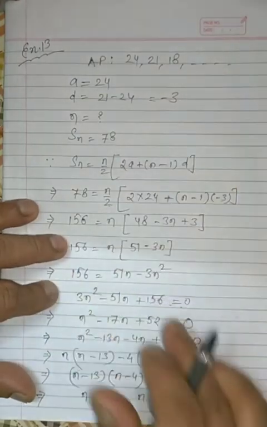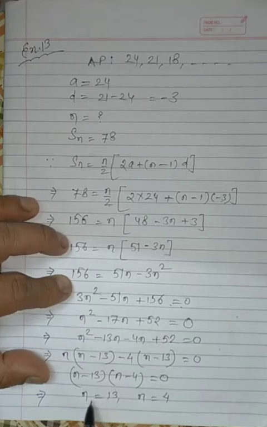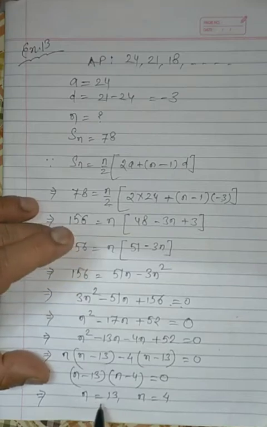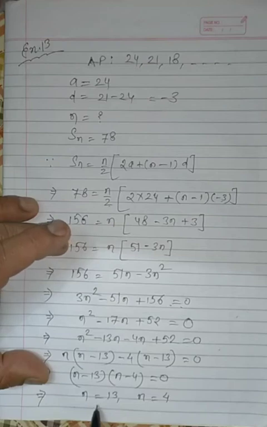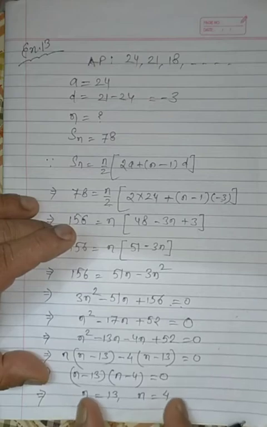Now children, in such questions you have to keep one thing in mind, that n cannot be negative, as it is the countable term. So if by chance out of the two answers, one answer is positive and one answer is negative, then the negative answer will be ignored. You will not accept a negative answer, you will take only the positive value. But here in this question, both the answers are positive. That means we must accept both the answers.